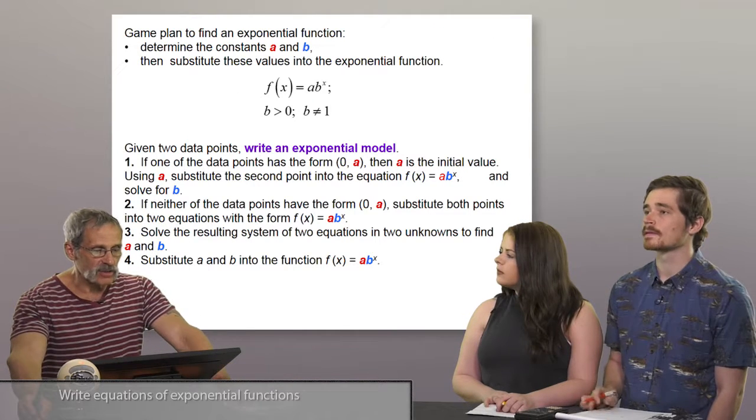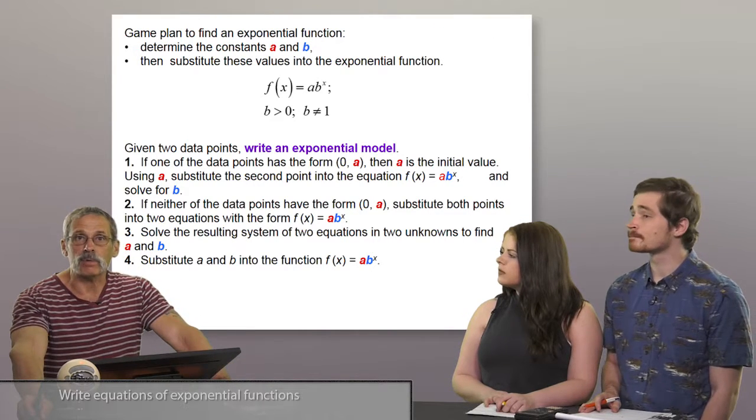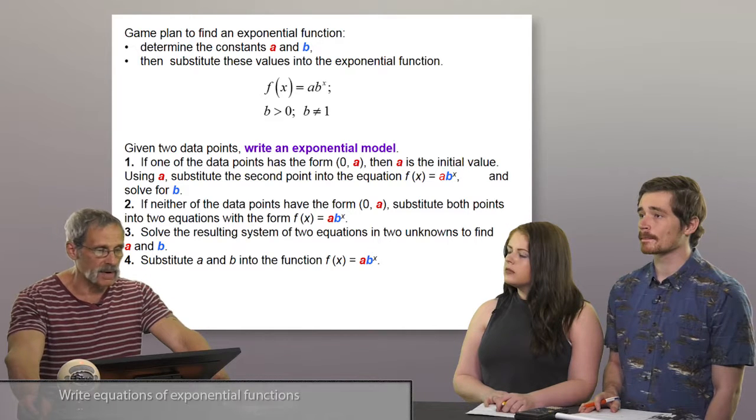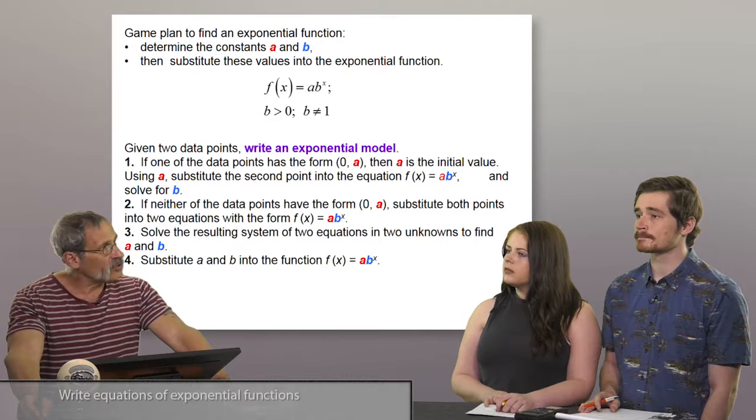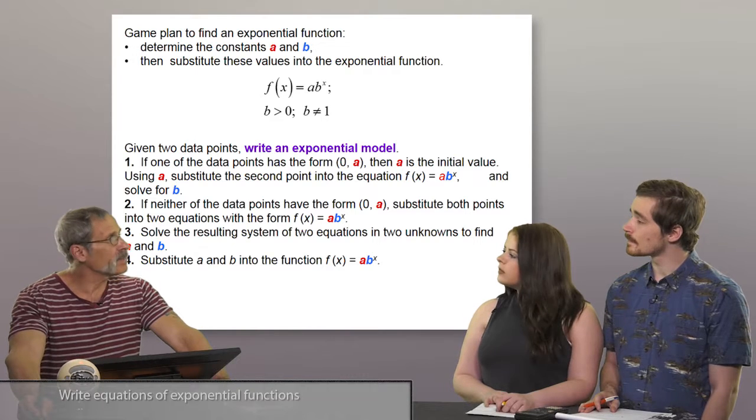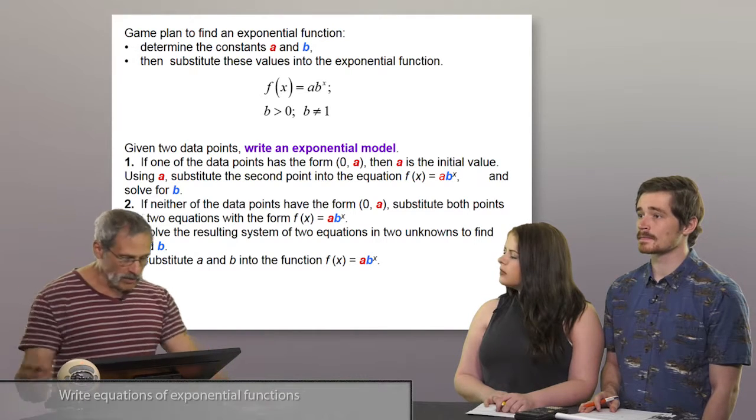Now the game plan is very straightforward. First of all, the bases have to be positive and not equal to 1. We want to find a and b. Now, what we're going to be given is 2 data points. Here's the best case scenario. One of the points,